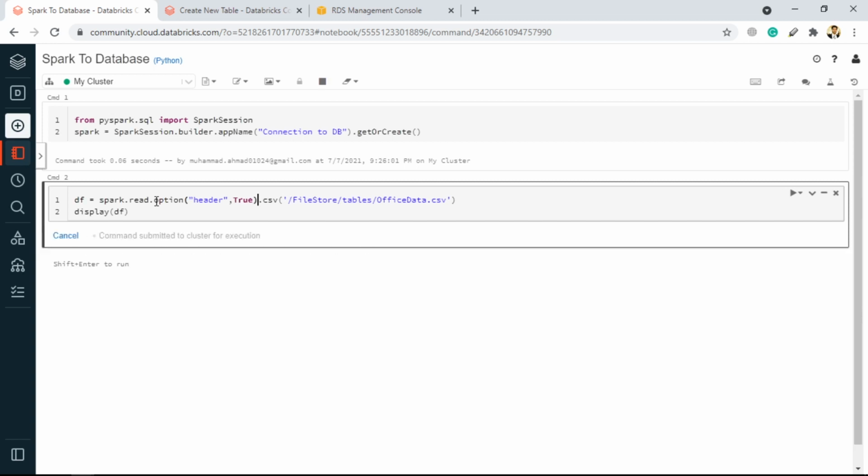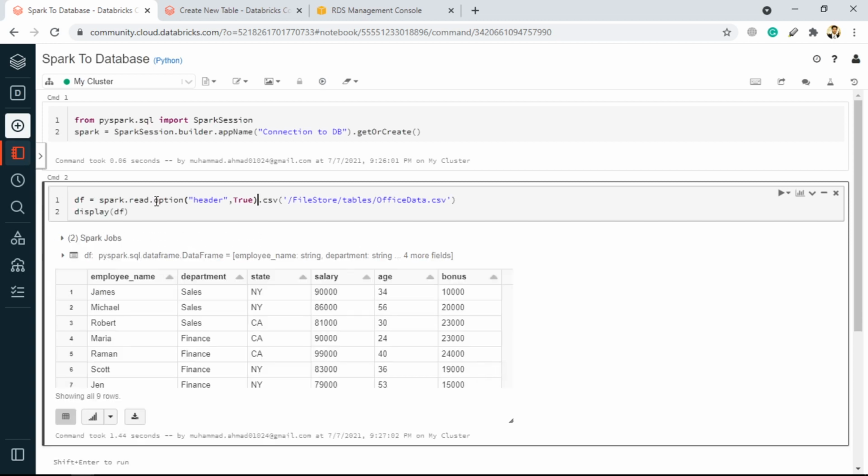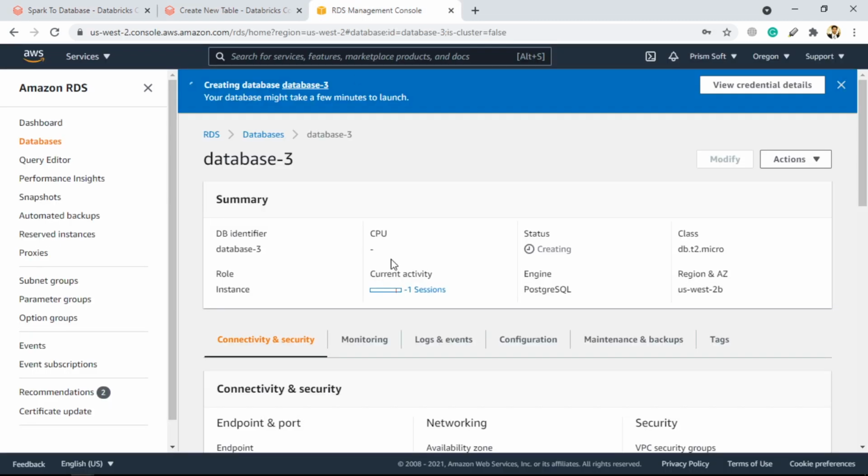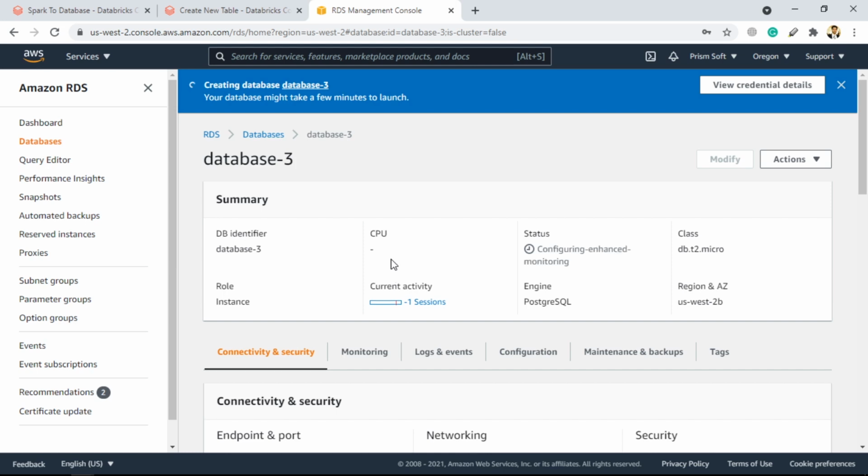Besides that, we also have to do one more thing. When we try to write data from this data frame to the database, you have noticed that I haven't created any table inside the database. I have a database and inside that database there is no table.